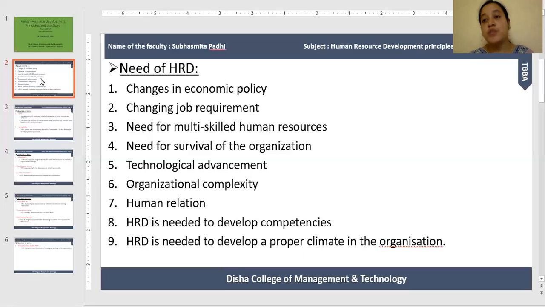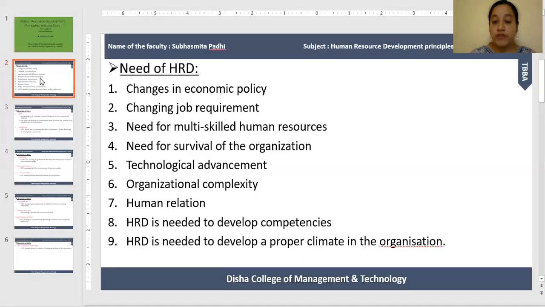the employer or organization motivates its human resource by organizing various HRD programs in the form of participative management, in the form of teamwork. Also, the organization improves the morale and the dedication of employees, so that a good relationship exists between employer and employee of the organization. So the next need for HRD is